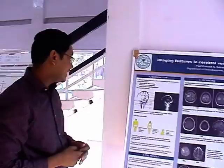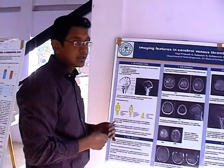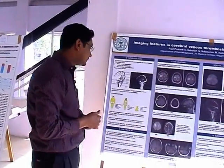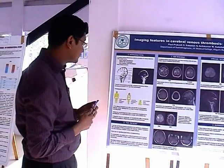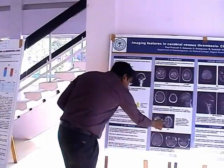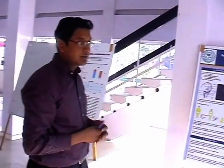These are subtle cord-like hyperintensities, and we thought these could probably represent a cortical venous thrombosis. So we went ahead with diffusion sequences, which showed diffusion restriction within these lesions, and the ADC map again corresponded with subtle hypodensities there. So we went ahead with the impression that these